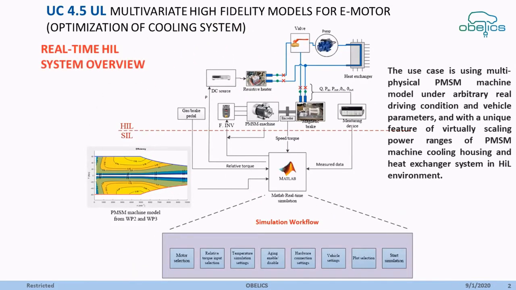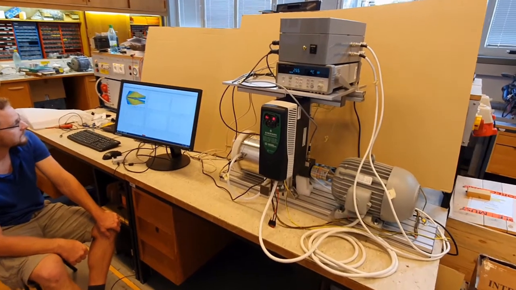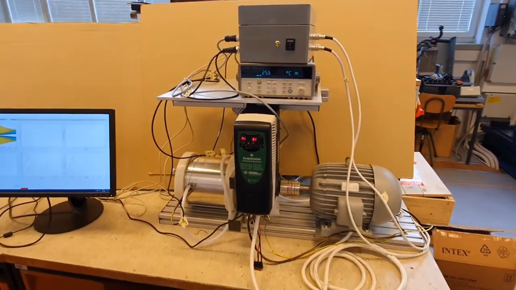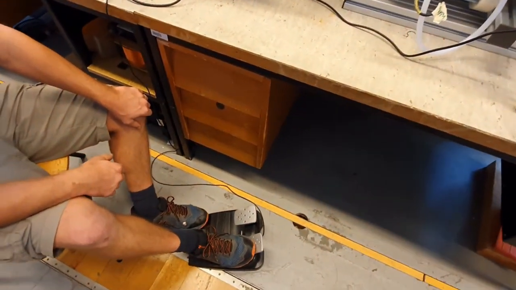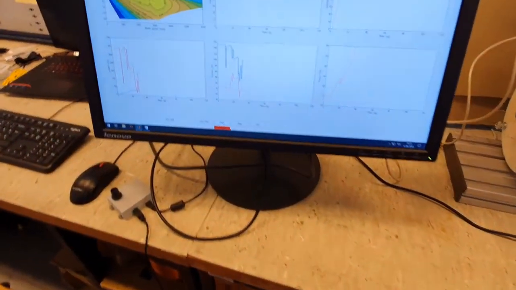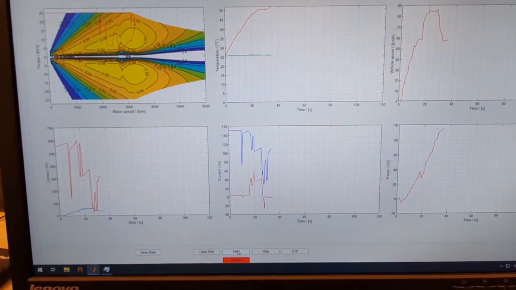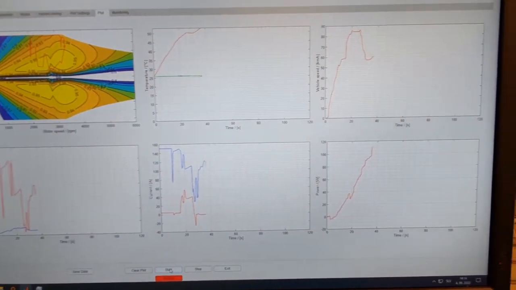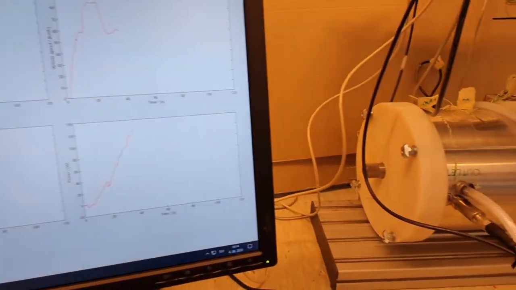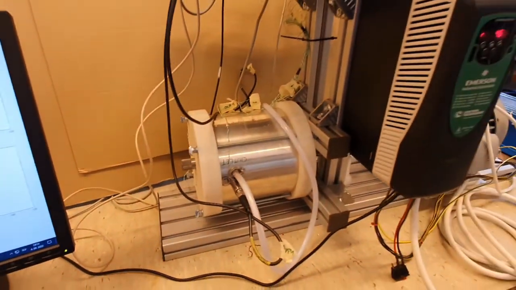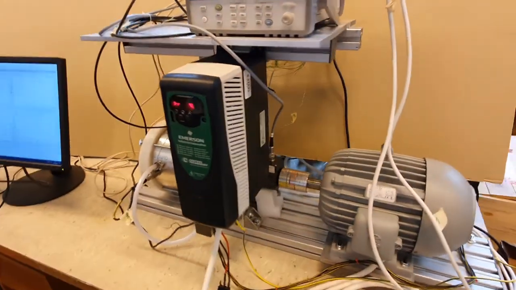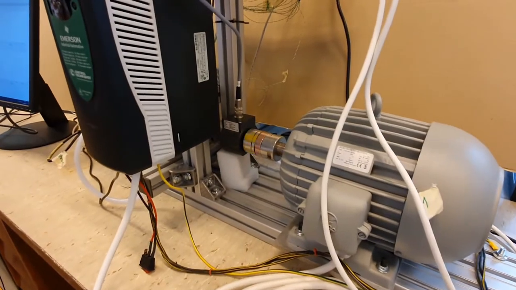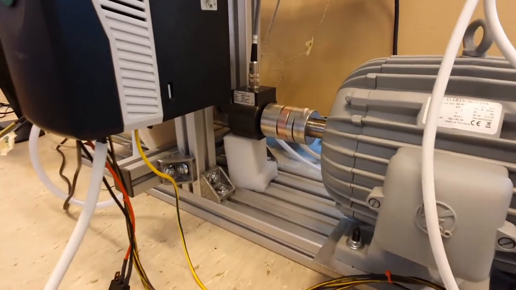The overall system is shown here. The user can, for example, drive the system with the vehicle pedals and observe as well as measure the behavior of coupled E-machine models in SiL and HiL environment and observe many measured quantities such as temperatures, efficiency, and so on. Here we can see the system, which is composed of this machine, where the heat flux in form of power is transferred via this shaft into the